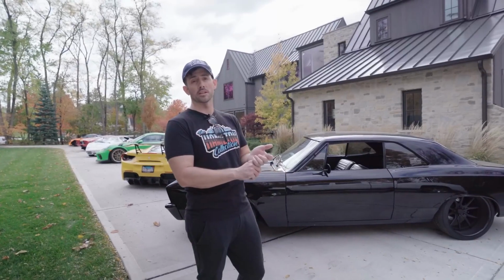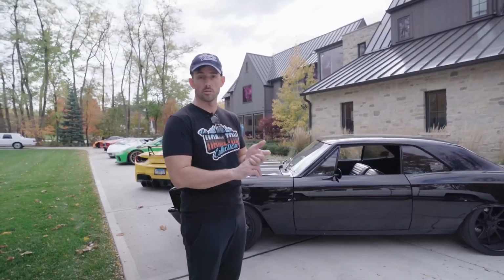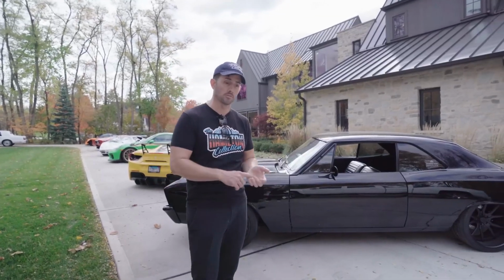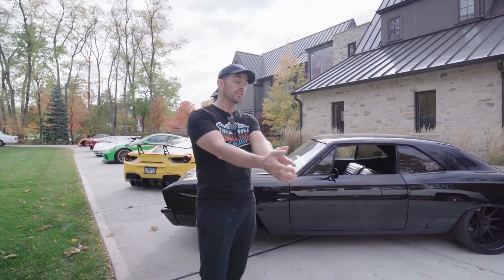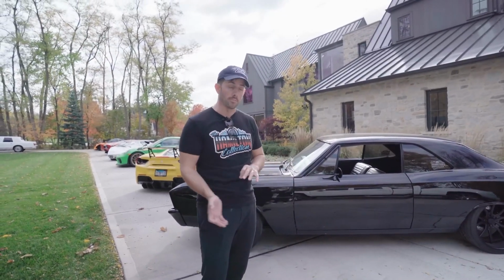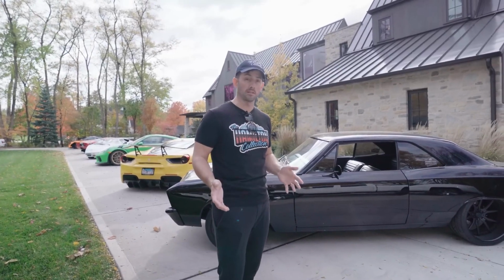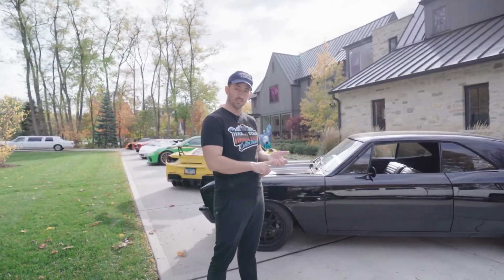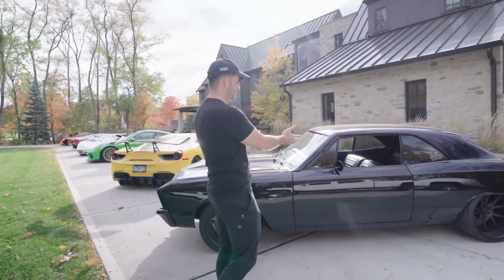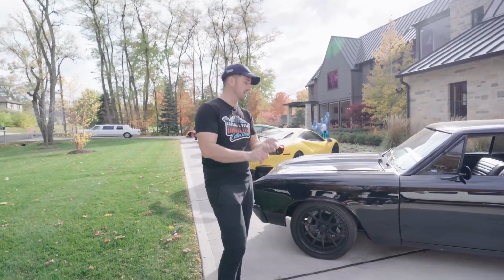If you don't know about the Hamilton Collection, by the way, we are a collection that's privately owned by me, and we're all about sharing the collection with the community. So we take these vehicles, we let people drive them, sit in them. Everything that we do actually, my wife and I, all the income that we make from the Hamilton Collection, we personally donate it to charity. So this channel is not all about being a profit monger by any means. We are about taking care of the community, making sure that we're involved in the community, and making sure that we give back. But this thing has a 496 big block, really powerful, awesome car that I've had forever,